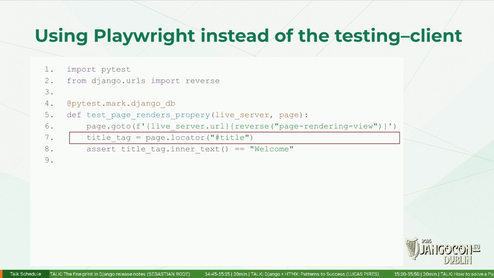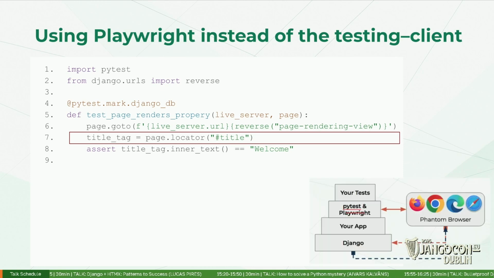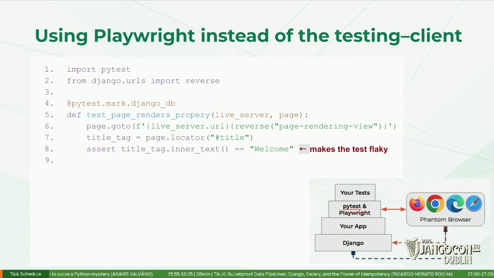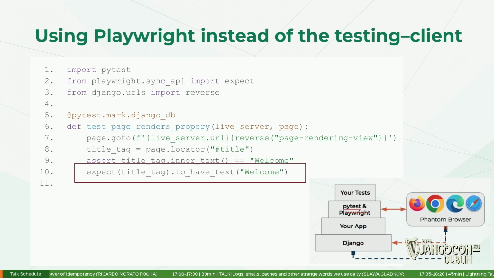What we, however, should not do is to assert the properties of an element like this, as it will make the test flaky. And the reason is that at the time of testing, it is not guaranteed that the DOM is in the desired state. Remember the diagram from slide 14. The Phantom browser and the listening Django server run in different processes, and so there is no guarantee that everything is in sync. Instead, you must use the expect keyword provided by